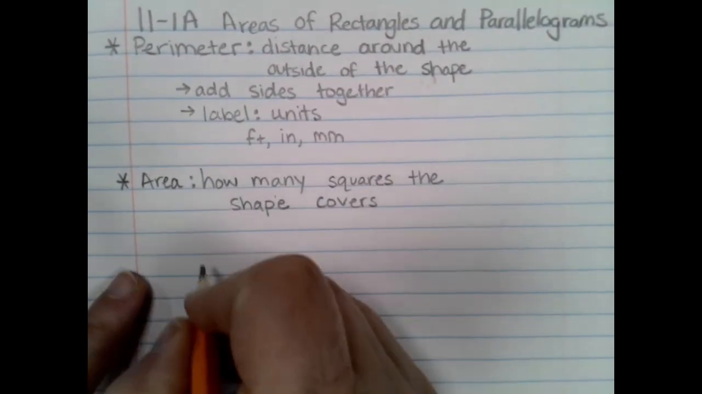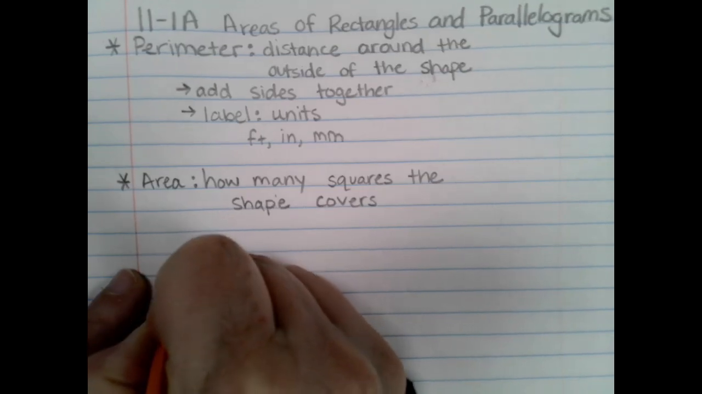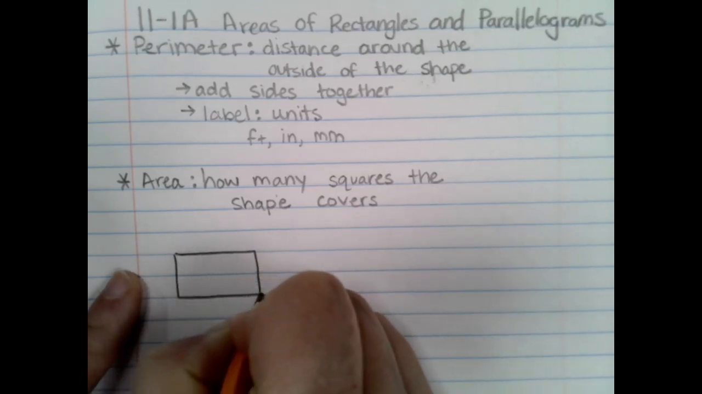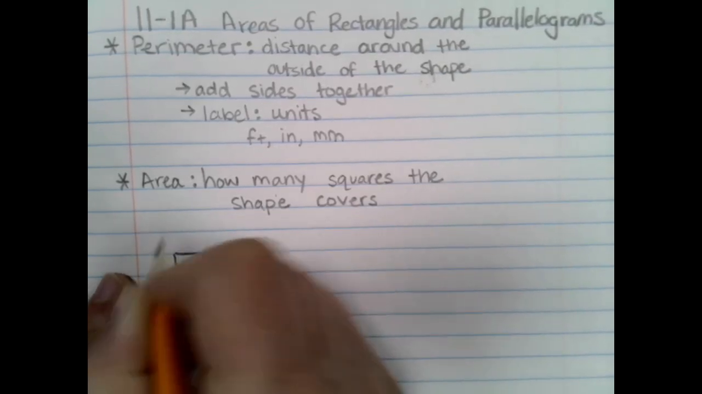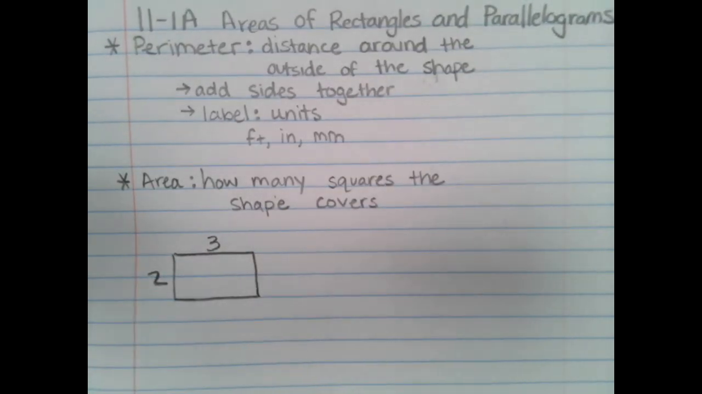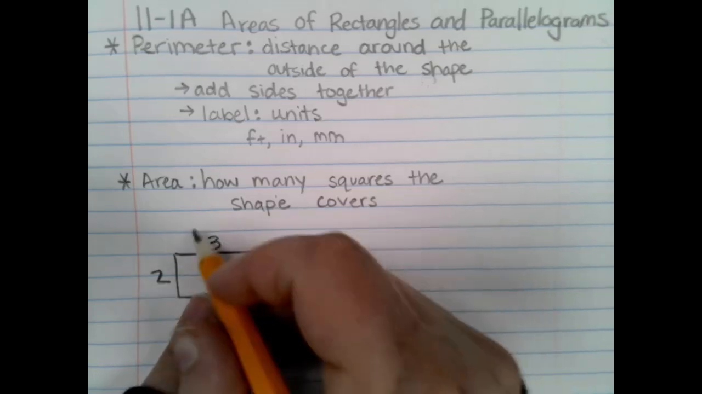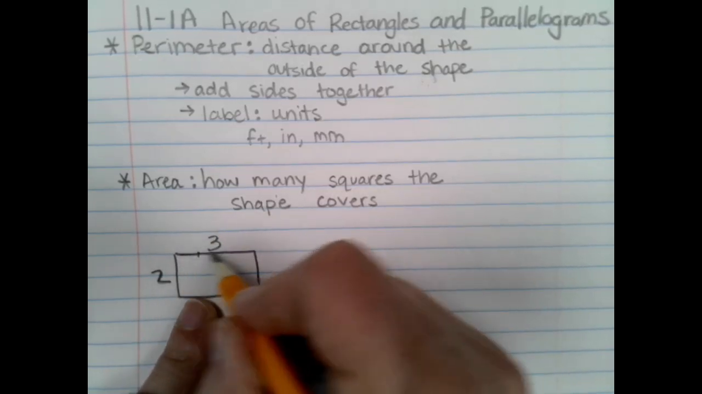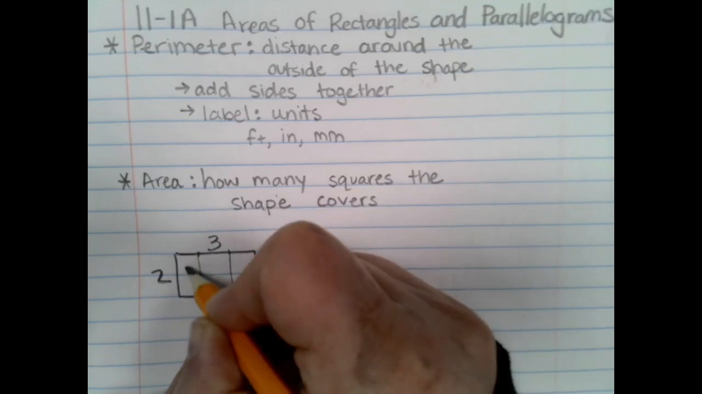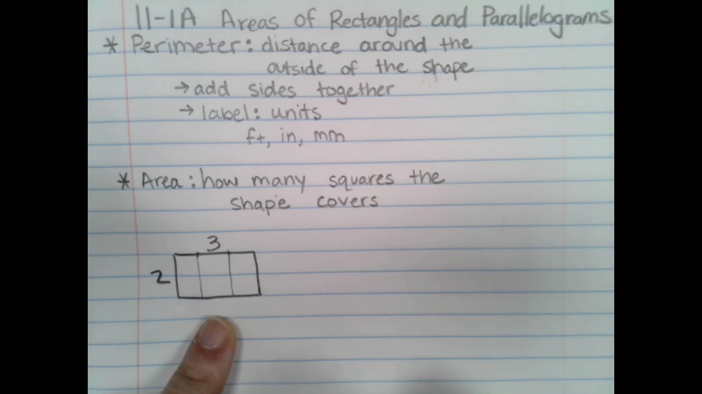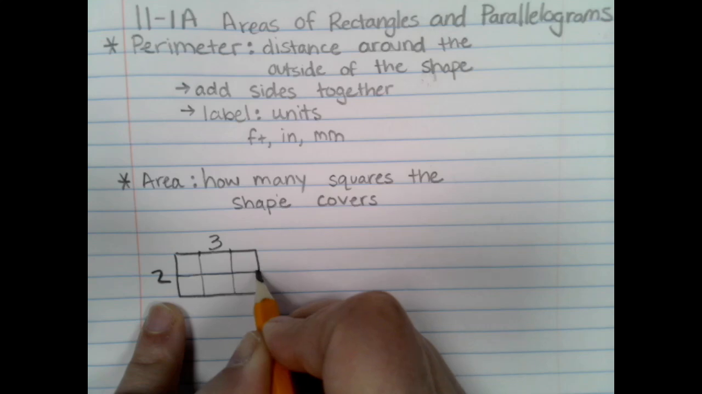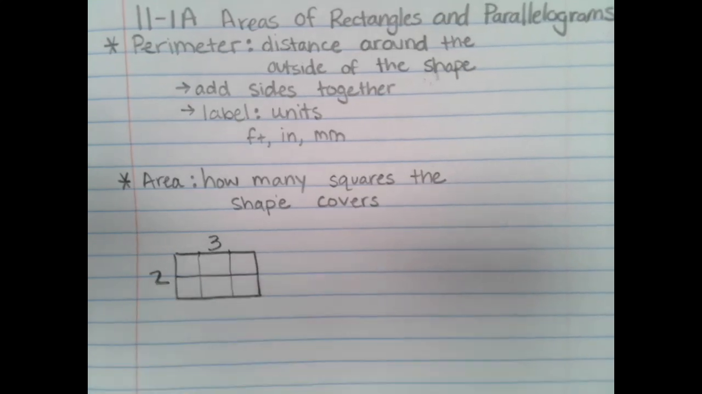Alright, so if I take a look at a rectangle, and it's a 2 by 3. What that really is looking at is if I have 3 units going across, like 1, 2, 3, I can draw those lines in. So it's 3 this way. And then it's 2 going up and down, so it gets cut in half there. So as I look at these squares,